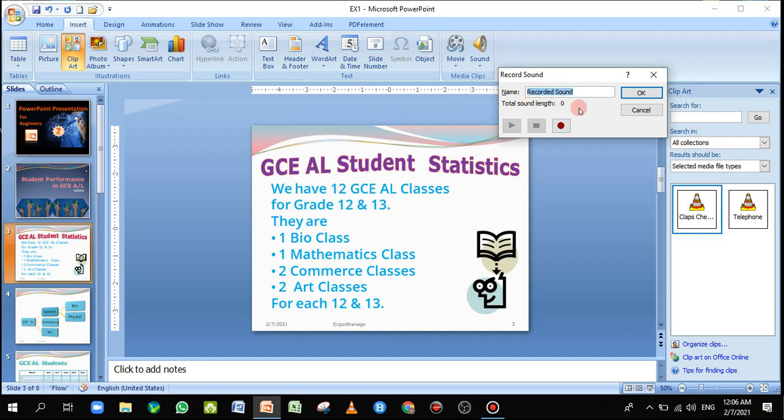We can say slide, I'm just typing slide 3. Okay, so you can give a descriptive name here if you want, and then you can preview by playing this, and when you start the record, this button will be activated, the stop button. So I'm going to record this. Okay,